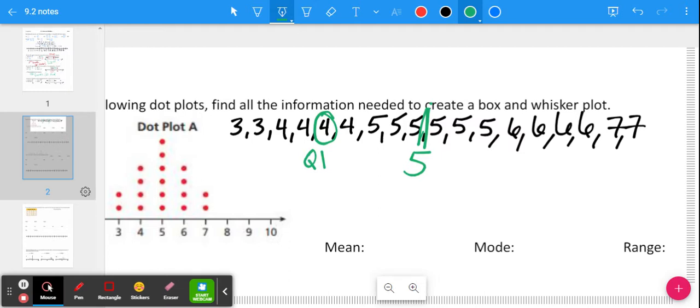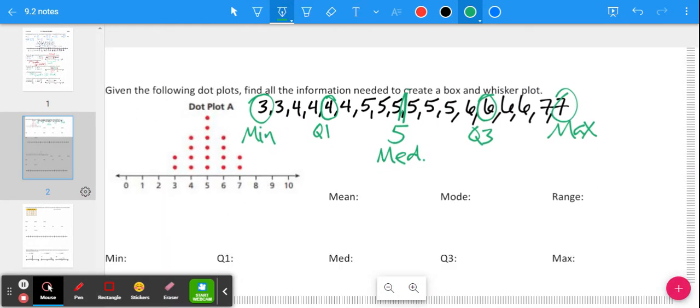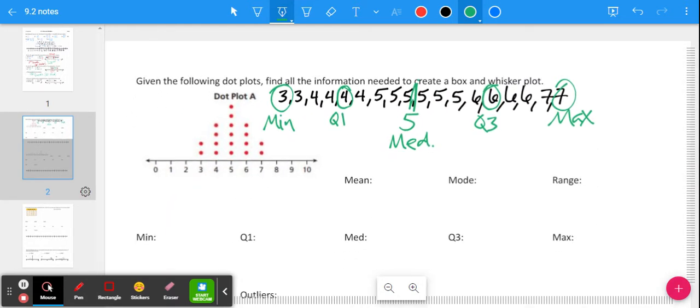And then your Q3, which is the middle in the upper half of the data, your minimum, and your maximum. So now that we have our 5-number summary, we can fill in everything else. So we have a minimum of 3, a Q1 of 4, a median 5, Q3 6, and a max of